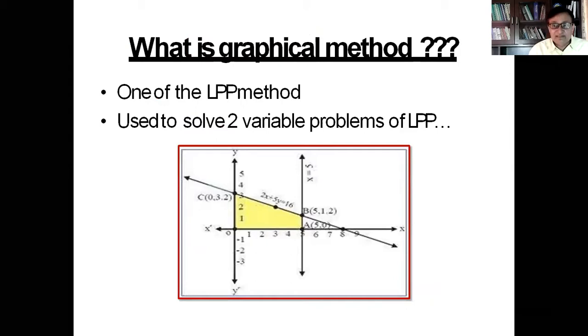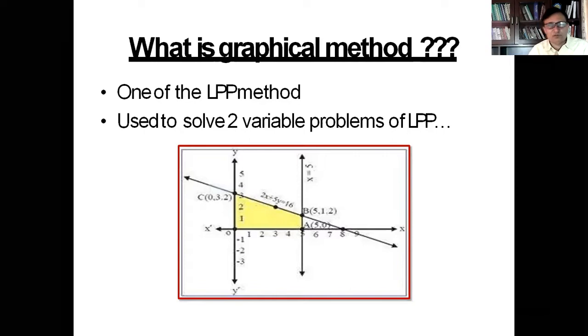First thing to be discussed: there are a number of methods of getting the solution under linear programming, which is formulated in objective function, constraints and non-negativity conditions. The first method is the graphic method, but the problem of this method is that we can use it only when there are only two variables in the LPP. That means the decision variables are limited to two. If it is more than two, we cannot plot it in the graph, so we cannot get the feasible region. We cannot get the optimal solution by using this method.